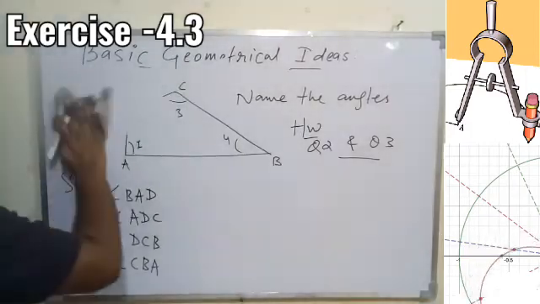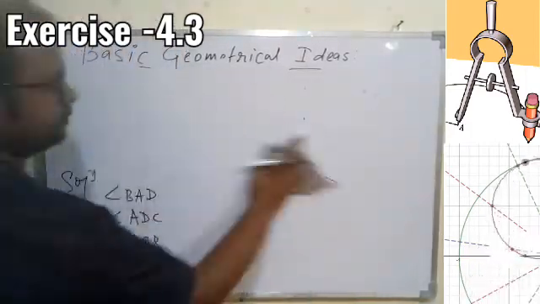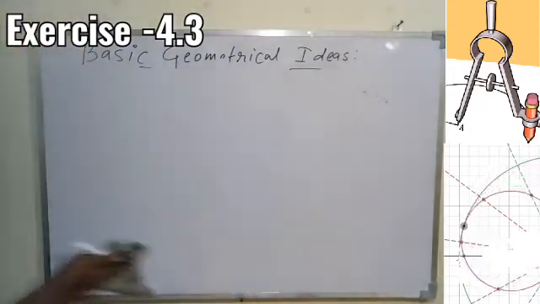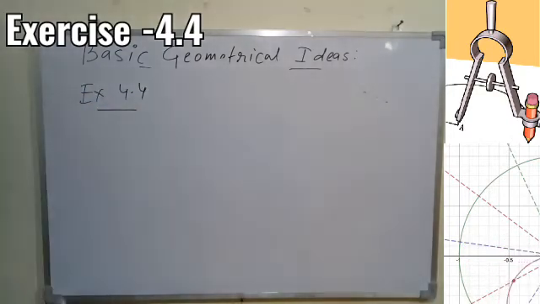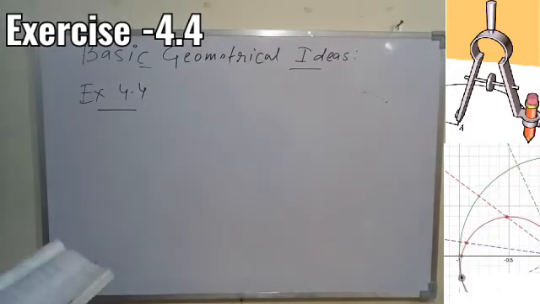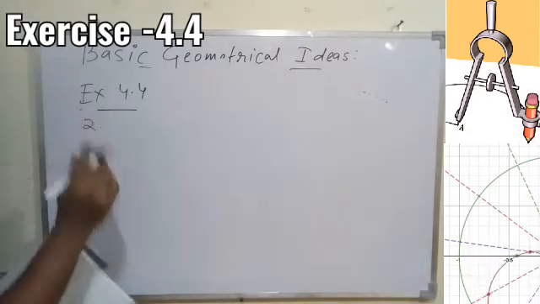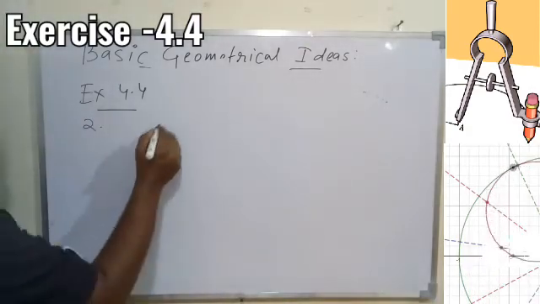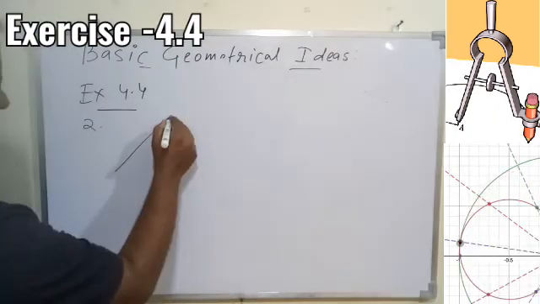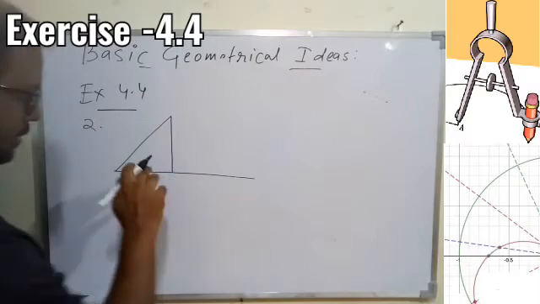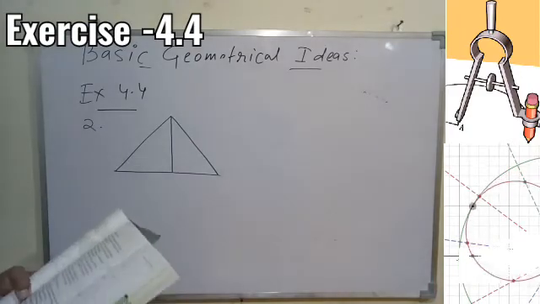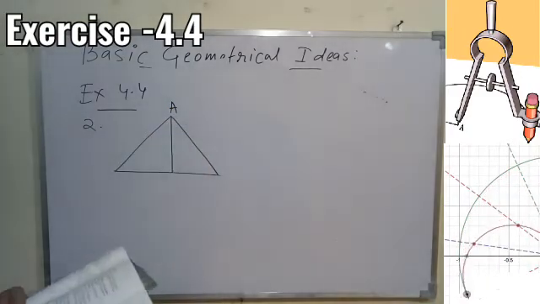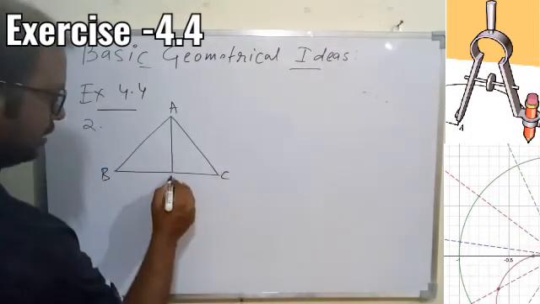And I'm moving to the next question, from the next exercise based on the triangle, because I've almost covered all the concepts. So from exercise 4.4, let me take, only two questions are there. So I'll do number 2, nothing is difficult but still. The diagram is something like this, and this is completing here. This is a diagram given to you, and the vertices are A, B, C and D.